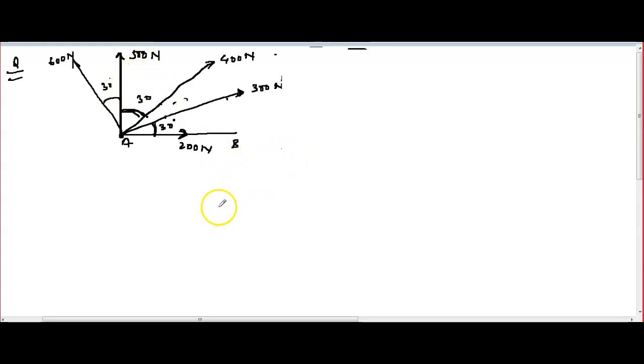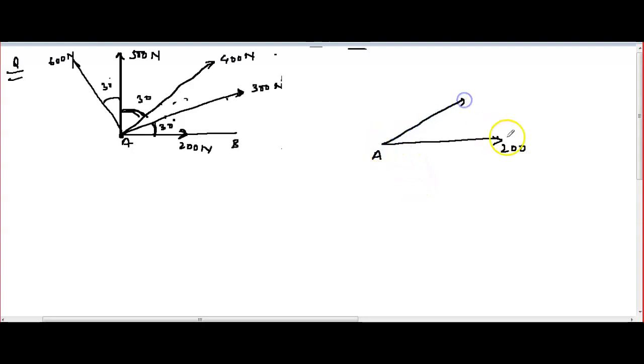Next, this 500 is given already vertical, so I do not have to decompose, because whenever the force is horizontal or vertical, you do not have to find the components. Okay, because the direct absolute value will be the total force. This one, 600 is given, so this will be 600 cos 30 and this will be 600 sin 30, right? So decompose, and whenever the question is given, you draw it once again and decompose over there only. Don't decompose like what I'm doing here. Consider here is given, you take as A and decompose here only. This 200 is given, write 200 directly.